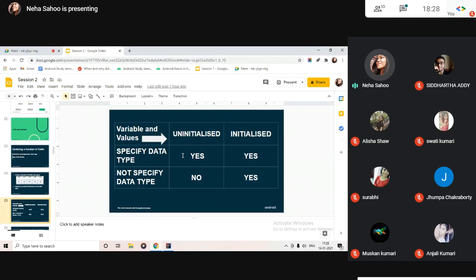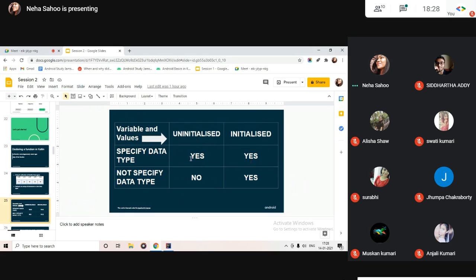Okay, so we have already discussed that if we have variables and values that are uninitialized, then we should specify the data type. If they are initialized, then also we can specify the data type. I mean, in case of initialized, it's a choice, but in case of uninitialized, it's a necessity.